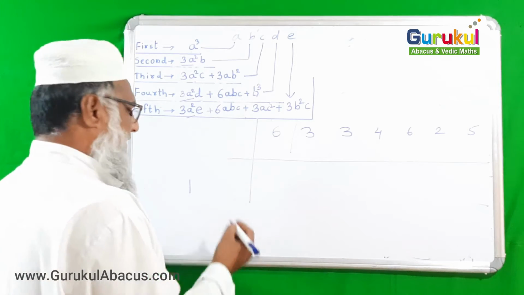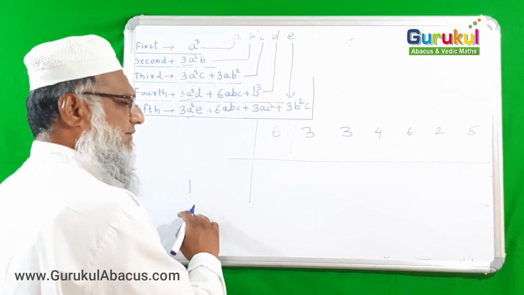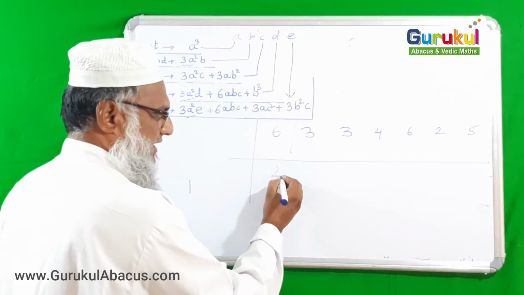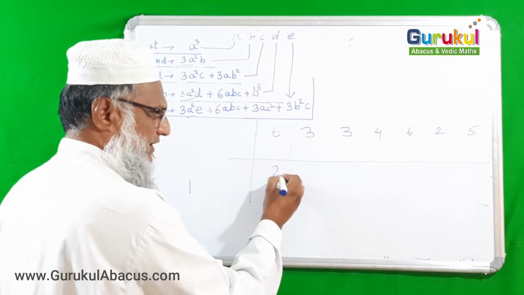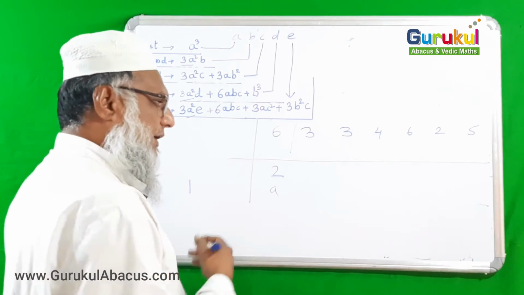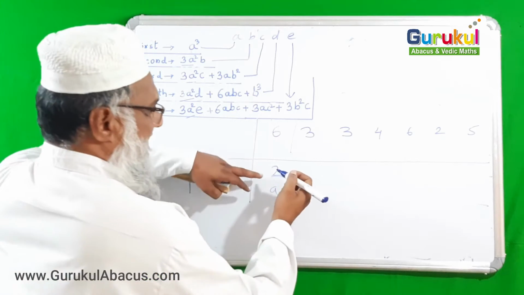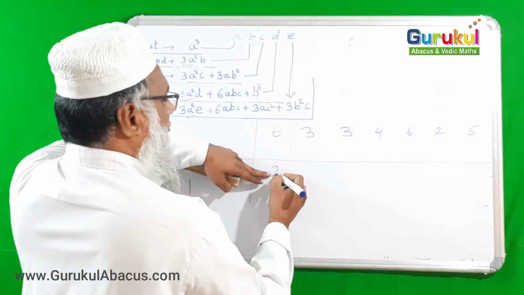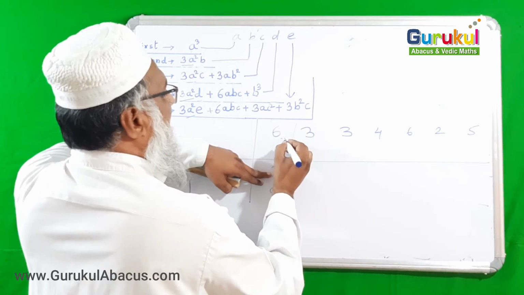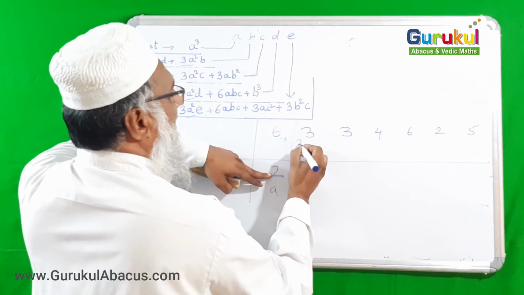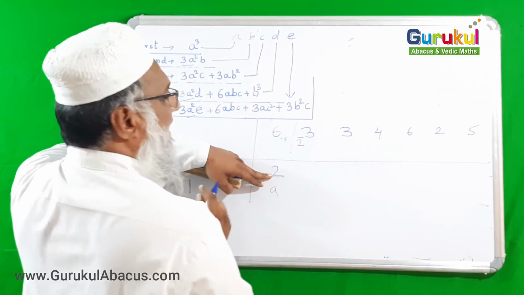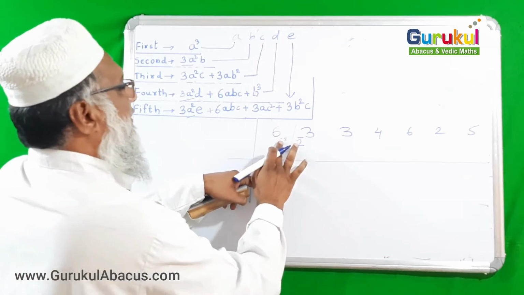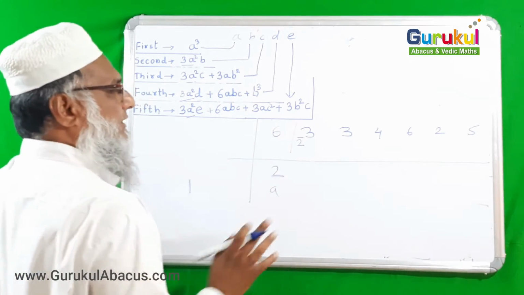Apart from 1, we are taking 2 as a, as the first digit of the answer. So what happens after taking 2? Just see, the cube of 2 I should subtract from it. Let us subtract. The cube of 2 is 8. 6 minus 8. Now bar 2 is there. Bar 2 means minus 2 is there. So that we accepted.